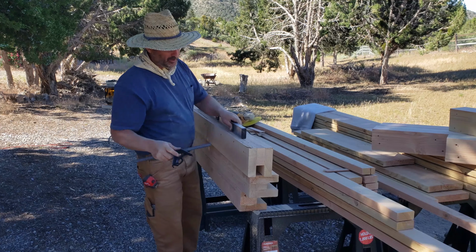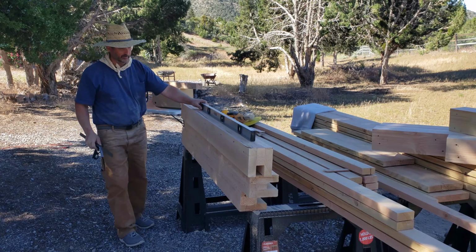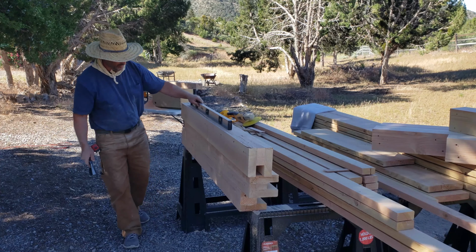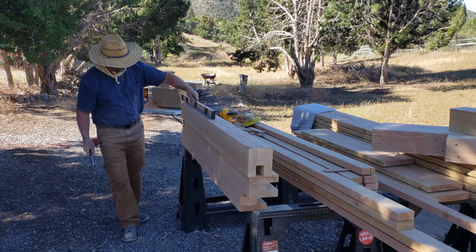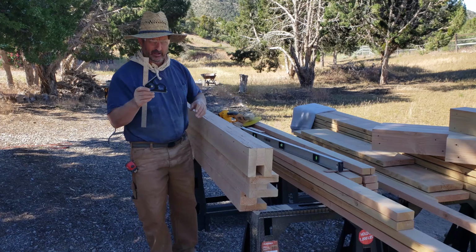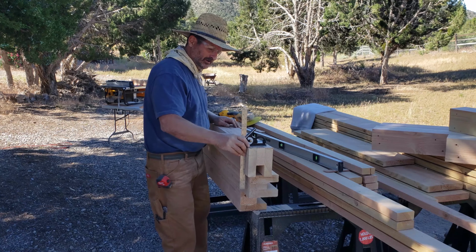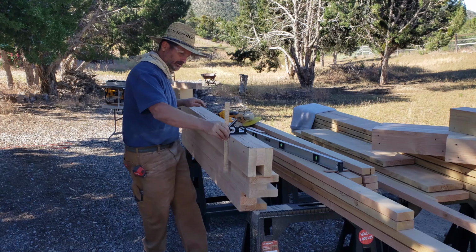So the first thing I'm going to do is pick a surface and see how straight it is. Now I'm not using this as a level, I'm just using it to see if the board is flat, and it is. Second, I'm going to take my square and try to find a square edge on this board, and so far